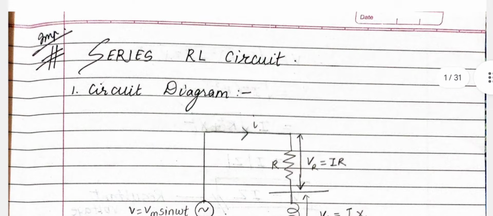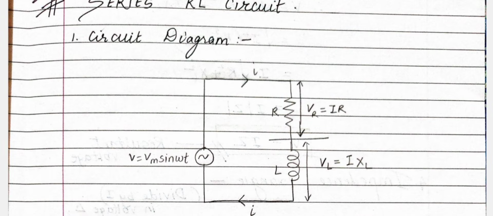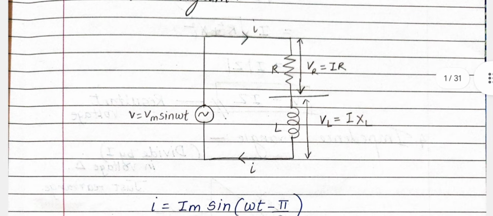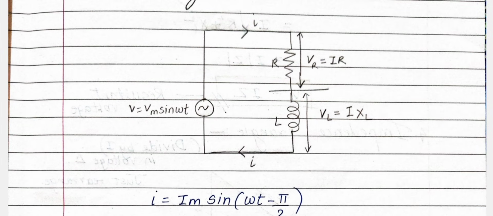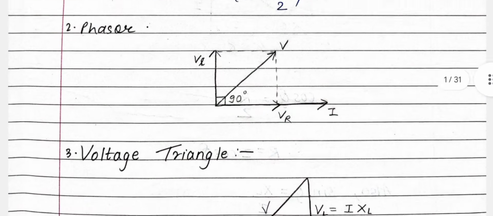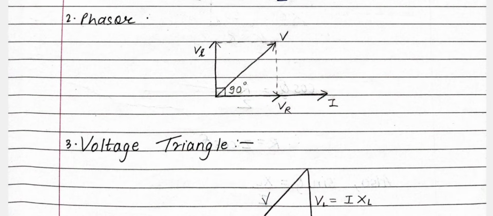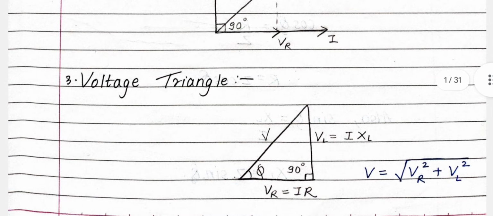Okay, so just remember what all things you have to cover in the explanation. First of all, we have the circuit diagram. In this series RL circuit, the name suggests what we have to make. We have to make resistance and inductance in series. Okay, then remember this formula: VR is equal to IR and VL is equal to IXL. Okay, then we have this phasor diagram. Remember, VR is on the x-axis, then VL is on the y-axis, 90-degree to VR, and their resultant is V, that is the supplied voltage. And with the help of this phasor diagram only, we can make our voltage triangle. You have to write the formula: VR is equal to IR and VL is equal to IXL, and the resultant is the supplied voltage V.